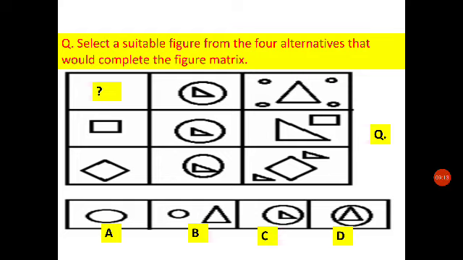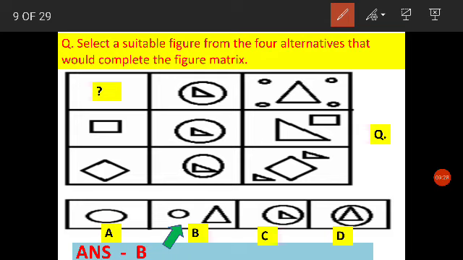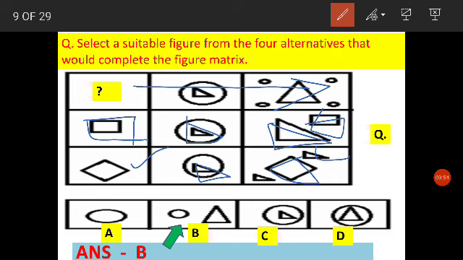This question, let's see the answer. It is B, and this question is slightly tricky. Let's see in detail. The series is actually in this manner. There is a rectangle, there's a triangle, and there's a triangle and a rectangle. There's a diamond here, there's a triangle here, and there are triangles here and here.